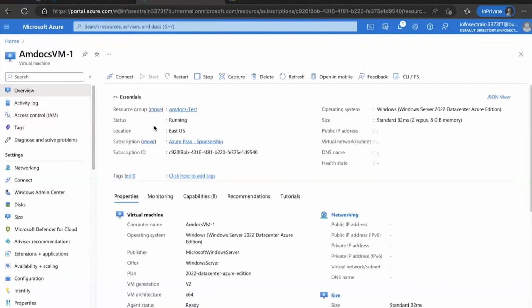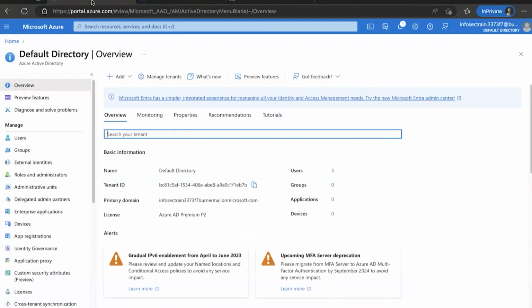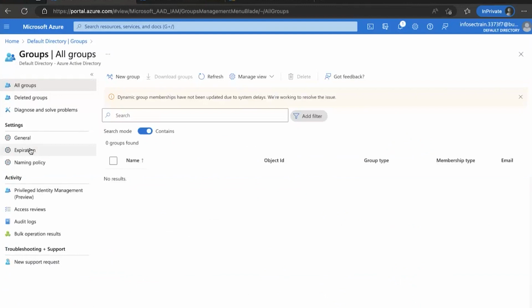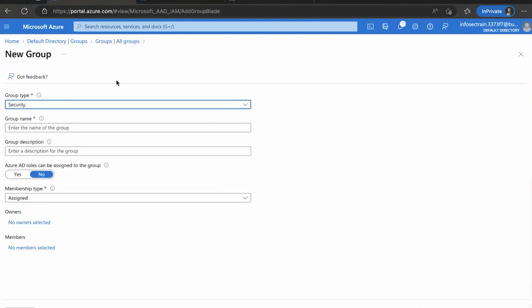This is one part. Now, when we are working around this particular place, these are a few things that we can play around with. Now, there we defined the user. Similarly, I can define a group as well. And what will be a group? Rather than picking up the users individually and giving them the permission, we can create a new group, a security type group, giving it a name like group 1. Okay, give the description of this group. Do you want to assign some role to the group right now?